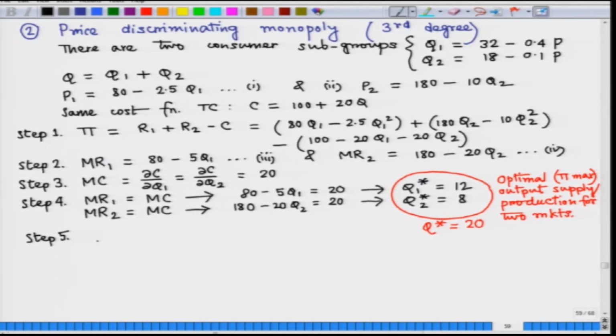So, once we get these optimal levels of Q1 and Q2, we can plug these numbers, Q1 star and Q2 star, back into the individual inverse demand functions, which are given by equation 1 and equation 2, to obtain the optimum prices to be charged in the 2 different markets. And if we do so, then basically we get